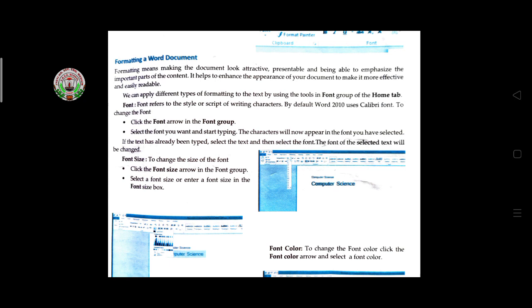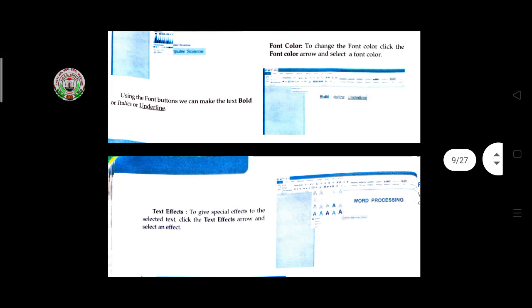So first you have to select that particular line, that particular word, that particular paragraph. First you have to select, and after that you do the editing or formatting work. Formatting work means, for that particular word or line, if you want to change the size, the color, the appearance, the way of writing, the style, you can do that with the help of this. Here font size is given, font color is given, then bold, italic, underline, you already know about bold, italic, underline.